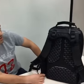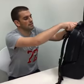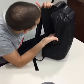There's no fan built in or anything. Yet. But it's a pleasant feeling. It literally massages your back. So the important stuff, obviously, you have a laptop sleeve, which is very nicely padded, so it will protect the